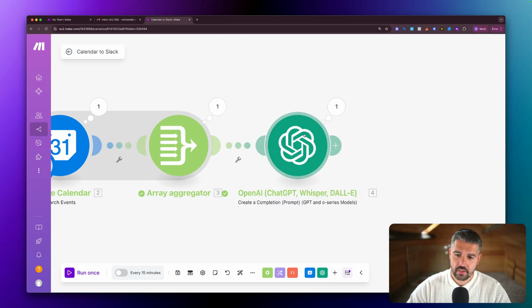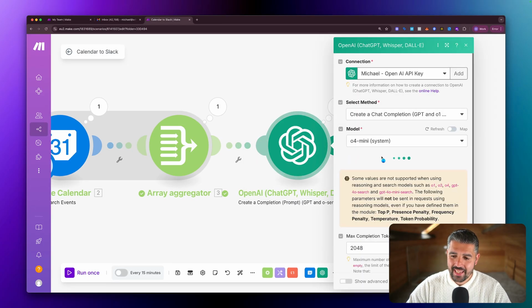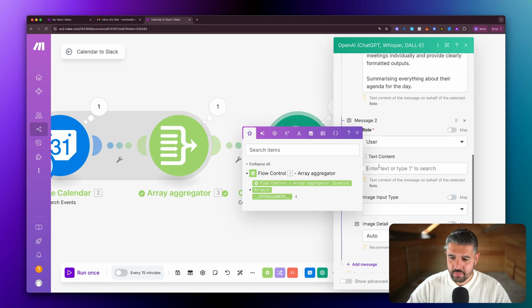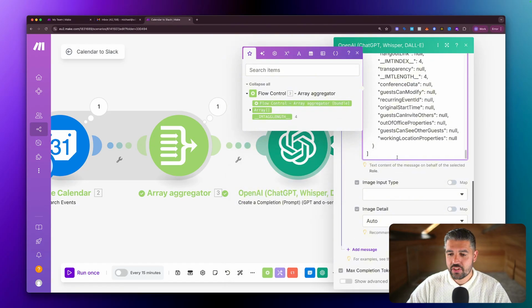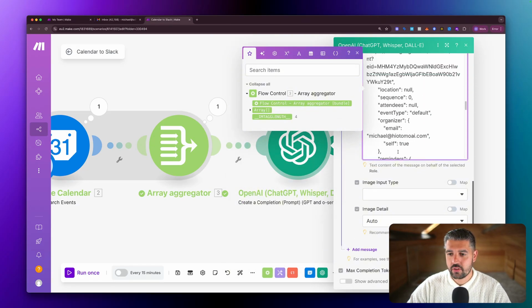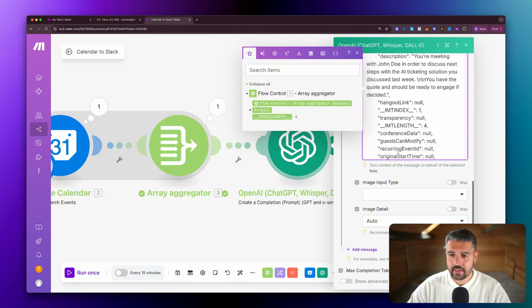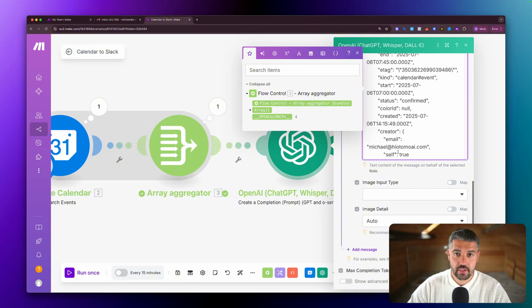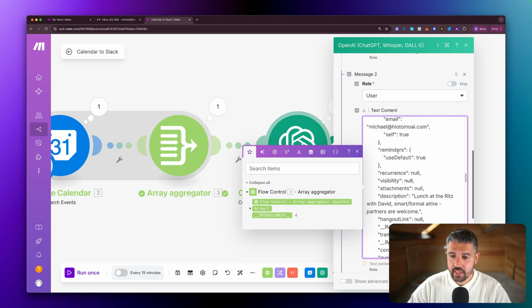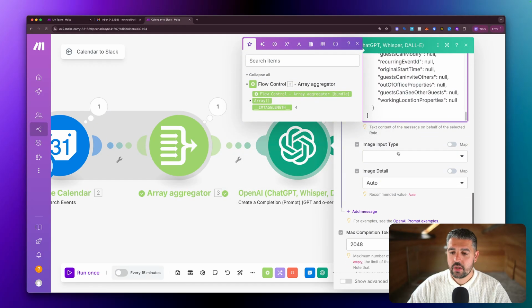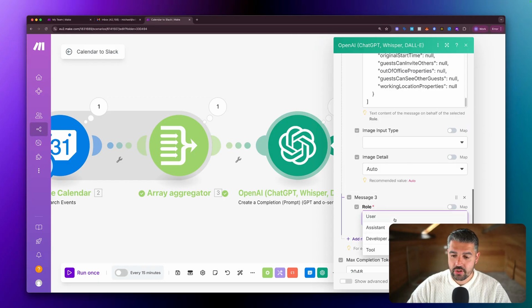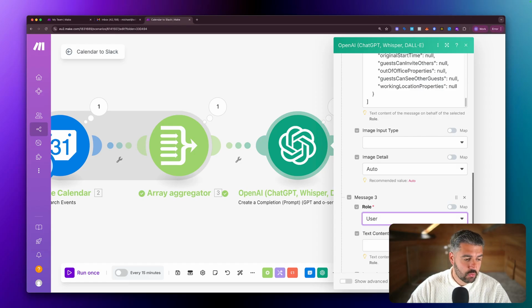Oops, we certainly don't have a module yet. We add that into the user prompt here, okay, and this showcases what the array is going to look like in the eyes of the LLM. Okay, so in the eyes of ChatGPT, this is what the array is going to look like. So when we add another message below with the user prompt, okay, when we add another message below with the assistant prompt, which is us telling it to,